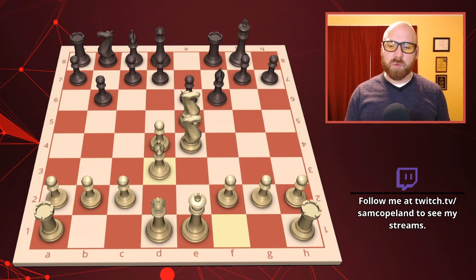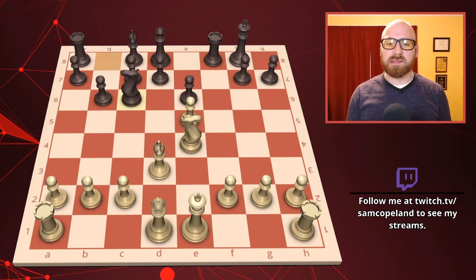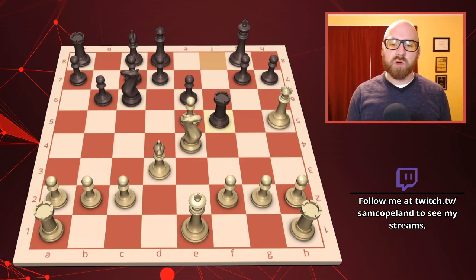And now at this point, I think it was already a good idea to take on e5. Bishop takes e5, pawn takes. Let's go after that pawn with knight c6. And then if queen h5, which tries to defend the pawn and think about some attacks, including mate on this square, rook f5 is a great move. And now this pawn will fall and black gains a big advantage. So this is a problem after knight e5.